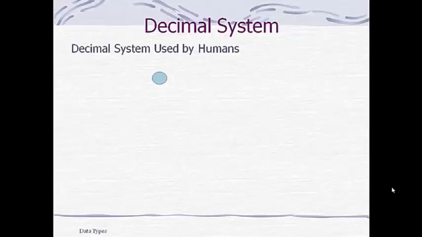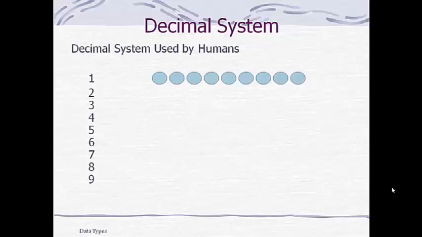The counting is done like this. If you have one object, it is represented by a character 1, 2, 3, 4, 5, 6, 7, 8, 9. If we have one more object, 10, now we don't have a character to represent it,